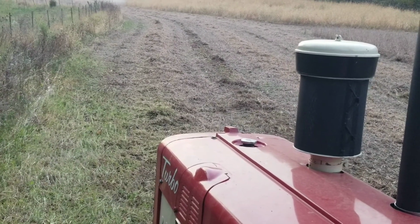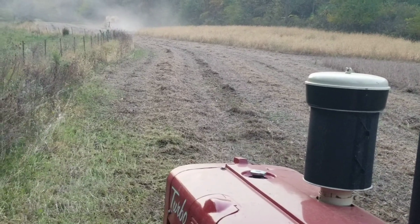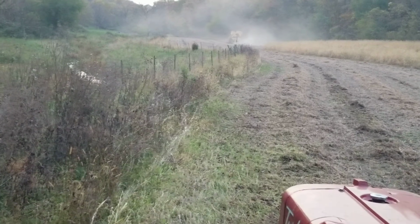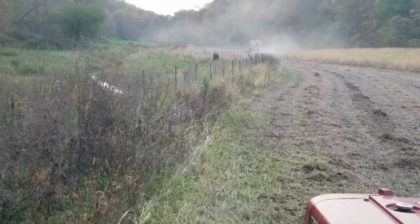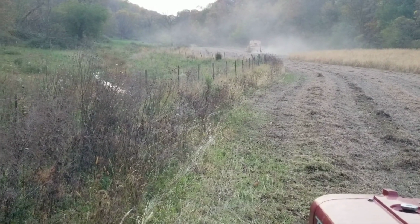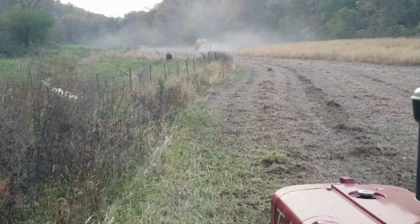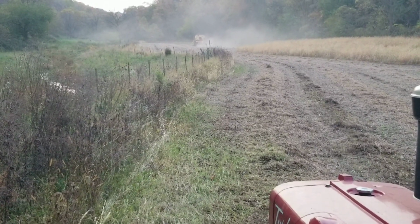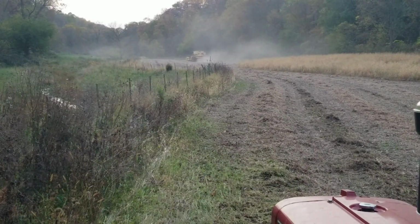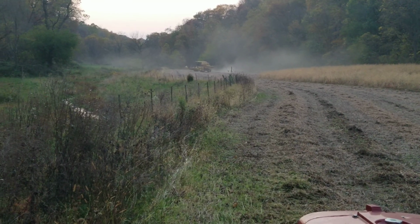The 300 and the 560 probably will never leave our possession as long as our hearts are still beating. The 300 is my little pulling tractor too, if you've noticed videos of that on YouTube also. But yeah, that was Dad's big tractor for a lot of years when he first bought the farm from my grandparents,